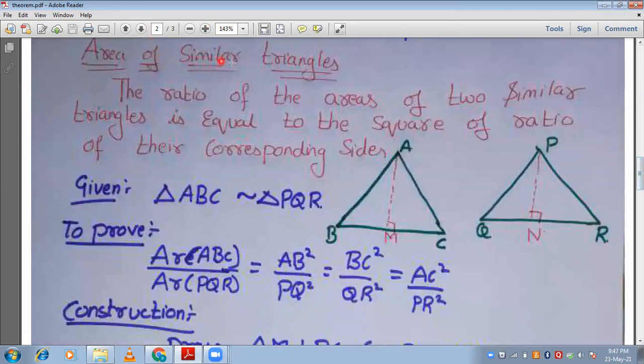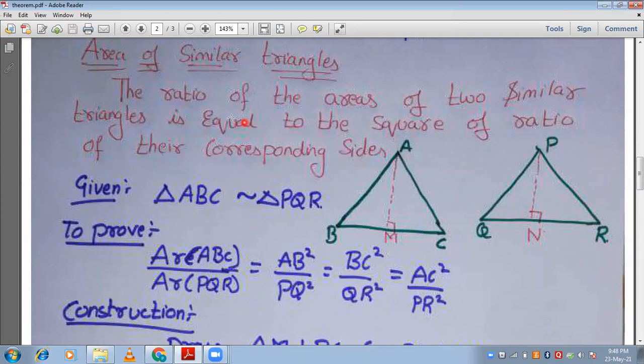This is also a very important theorem: area of similar triangles. The statement is, you don't need to memorize this statement; they will give this statement. You just need to prove this theorem. The statement is: the ratio of the areas of two similar triangles is equal to the square of the ratio of their